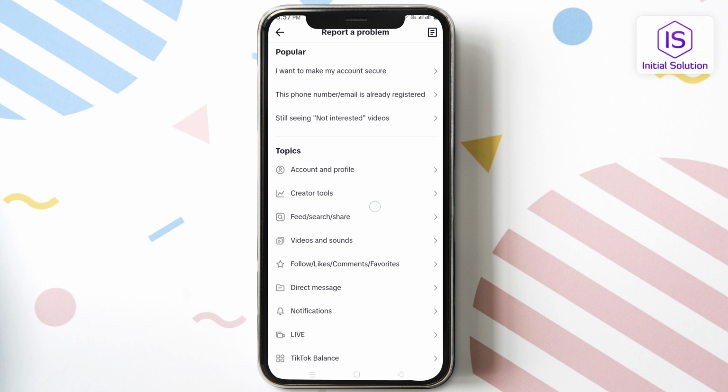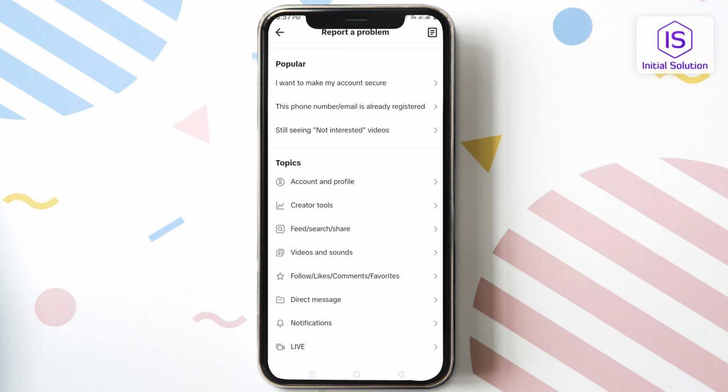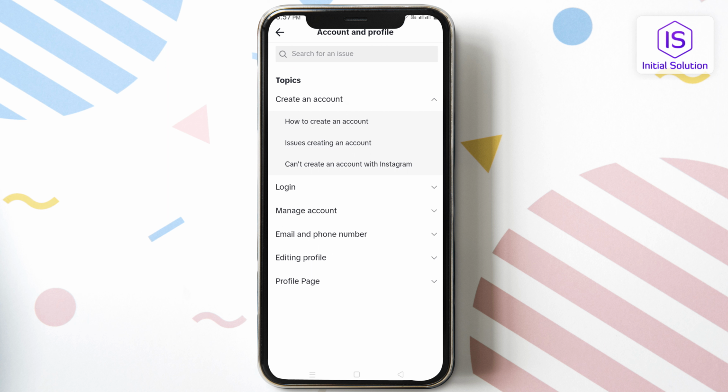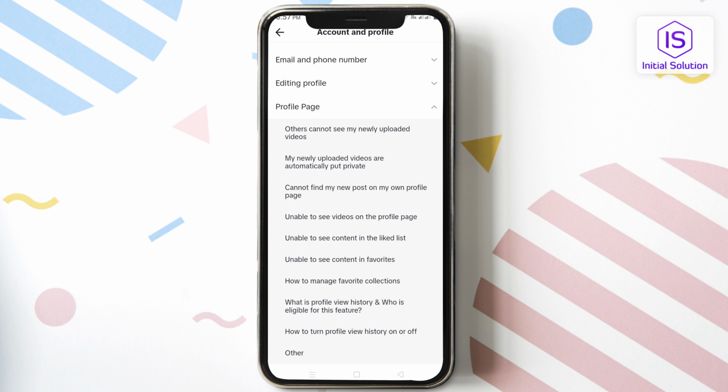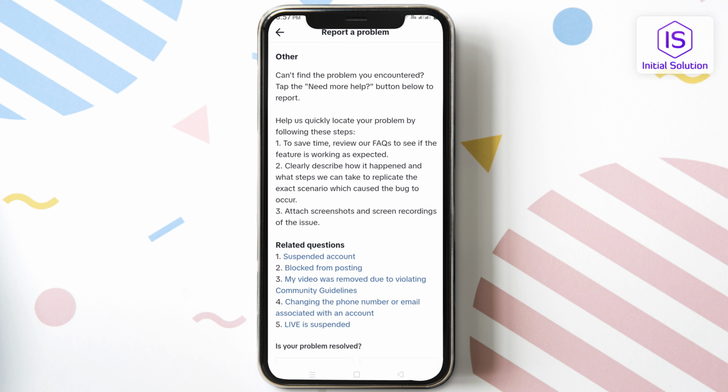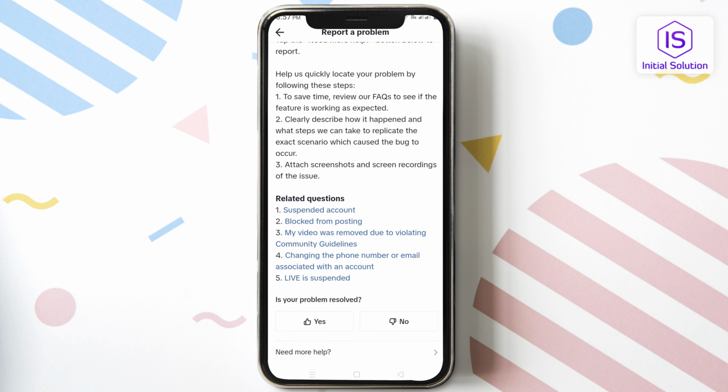Okay, you have to just click on account and profile here. Go for profile page, scroll down, tap on other. Now scroll down a little bit and you can see need more help, so tap on it,